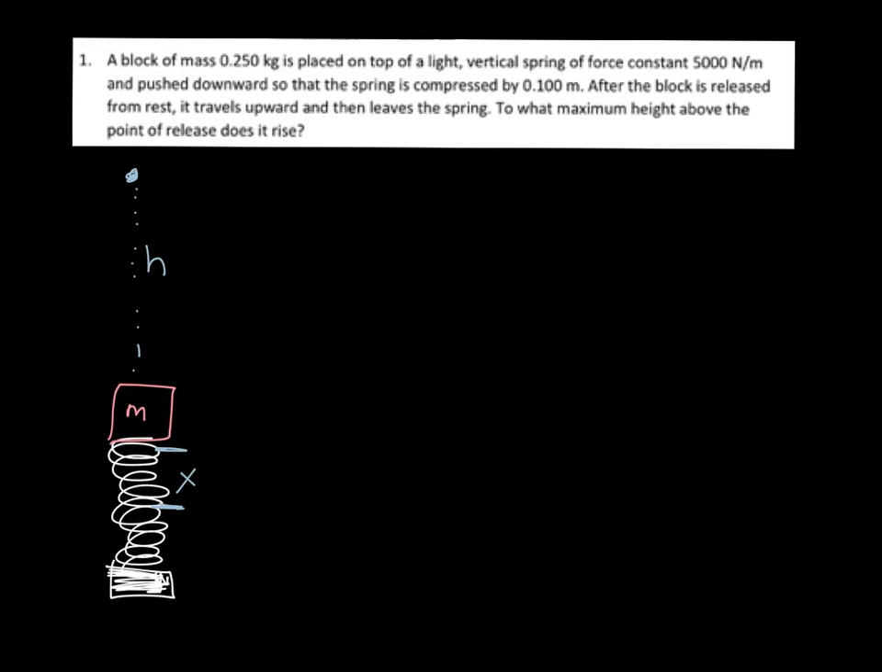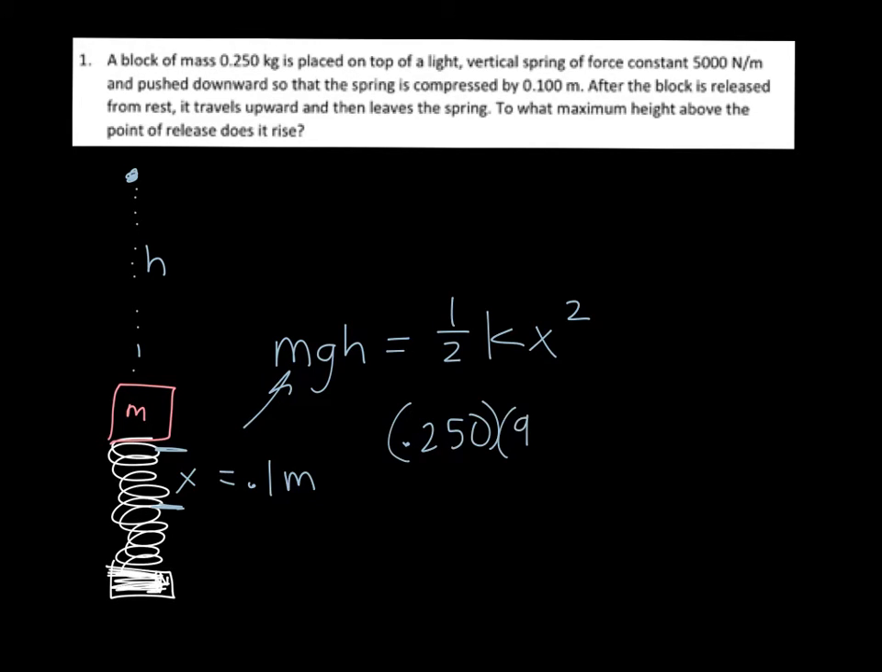So that means that mgh, which is gravitational potential energy, which is present up here, is going to be the same as 1/2 kx squared, where k is the spring constant, 5,000, and x is this distance down here, which is 0.1 meters. So we place all the values into here. So the m is 0.250, gravity we'll use 9.81, times the height, which is what we're trying to solve for, and that equals 1/2 k, which is 5,000,